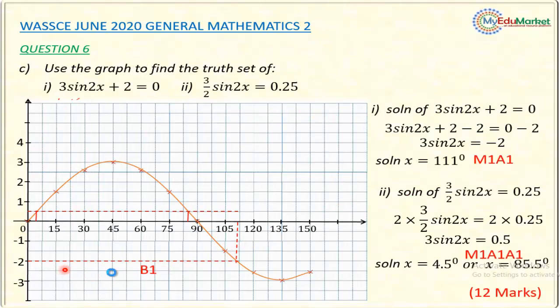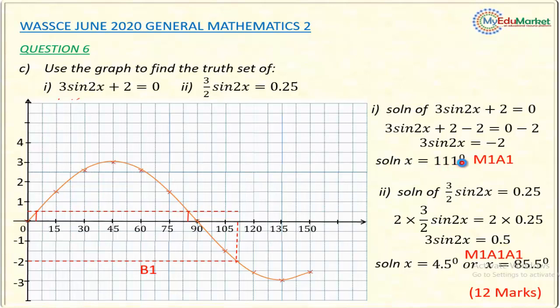The first mark is the bonus 1 mark for drawing a line y equals -2. In attempt to answer that Roman 1 question, there is need to draw this line y equals -2 where we read here. So for drawing that line, you have bonus 1 mark. And for reading the value, meaning drawing this line to the x-axis, you are trying to read the value there, you have the method 1 mark, and A1 mark if your answer is accurately obtained as 111 degrees, or within